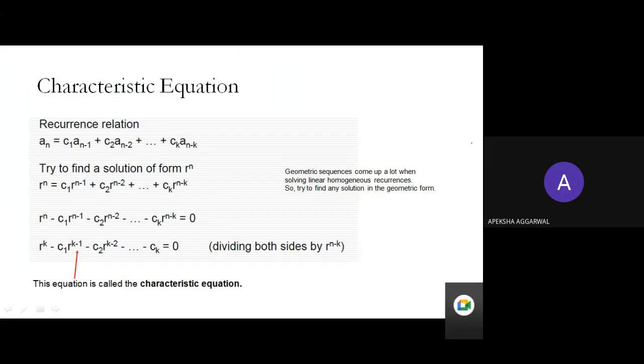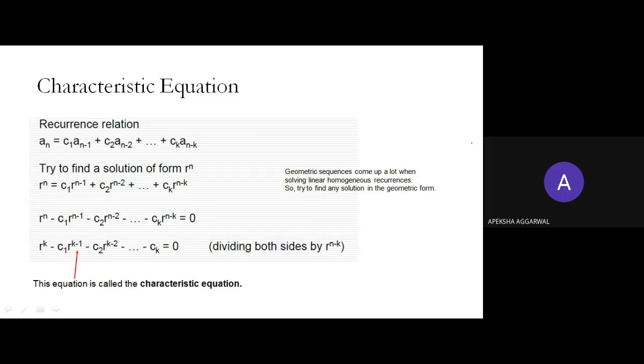So I was telling you, the characteristic equation is basic, it is where we start a recurrence. Because you are given a0 and a1, if your recurrence was of power 2, you will calculate a2. For calculating a2, you just require the first equation. So that is your characteristic equation.